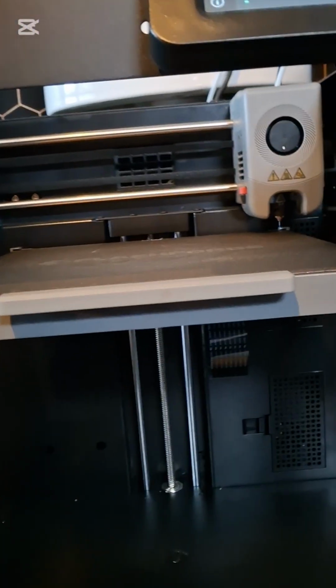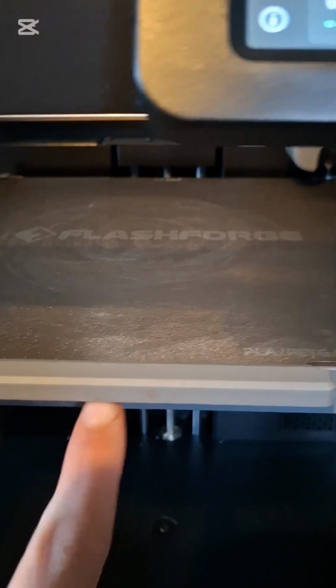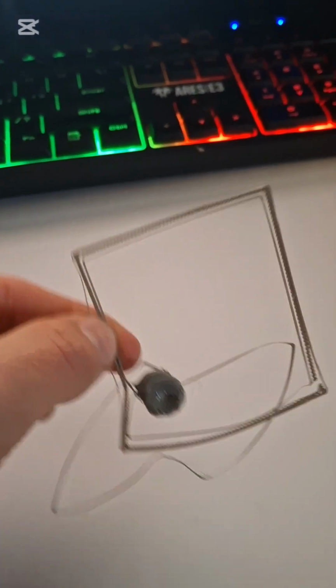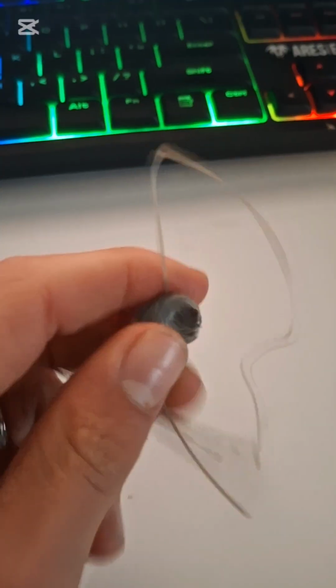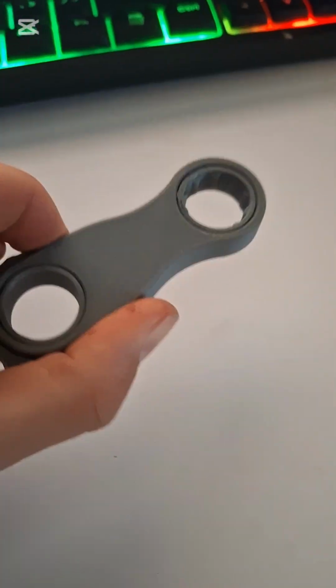Look, here you'll see it printing, and then when this is done, which it will be about an hour, I will take it off of this plate, which I forgot to put on once, and this was the result. Then this blob was being dragged along by the nozzle and it just filled completely. Anyway, I'm not gonna wait till that one's done, so then I just assemble my fidget, make a video about it,